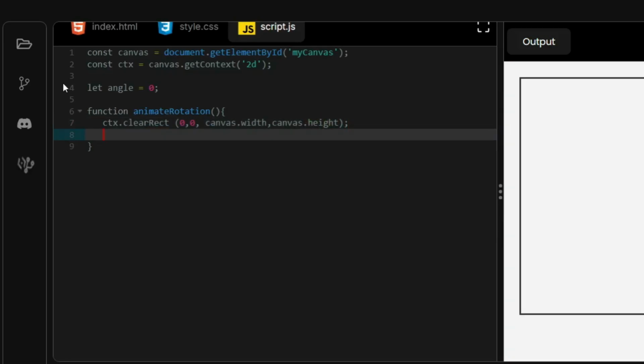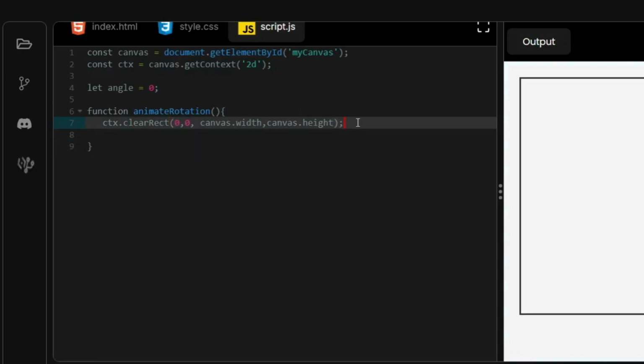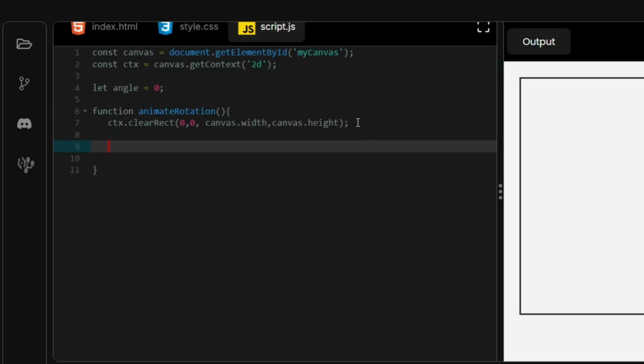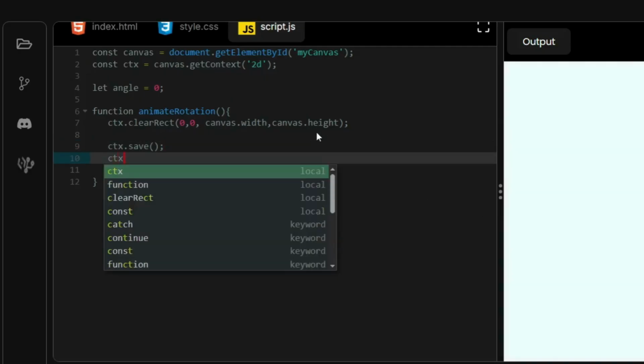Now after this, okay, I should have placed this with no space. Okay, now after this, we'll write a ctx.save, and this is to save our game state and prevent other things from rotating inside our canvas. Now after we do this, we'll have to use a special method called